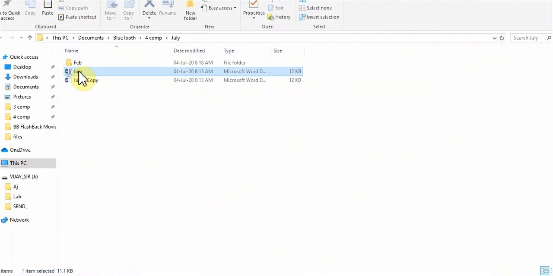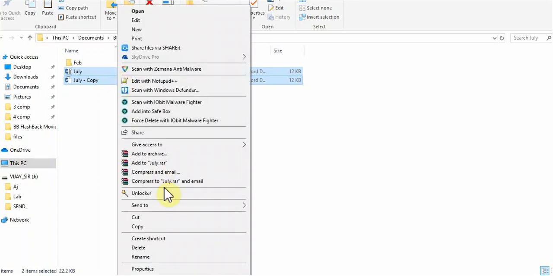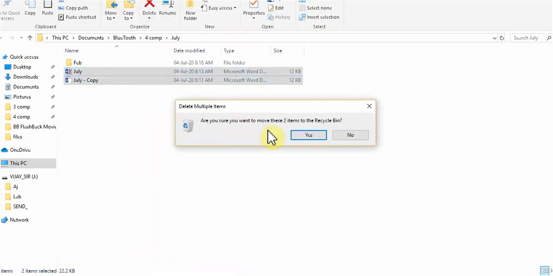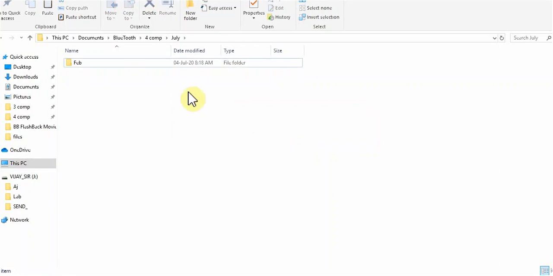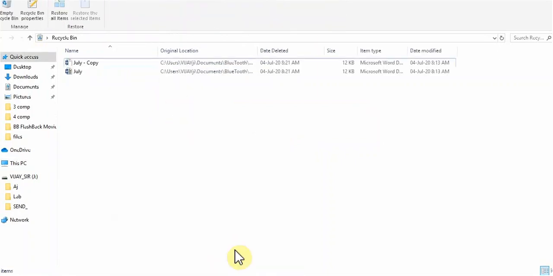Let me select this file and this file. I have selected both the files and click on delete. You can see it is asking to delete two items. I will click yes. You can see the files are not here. So let me go ahead and check the recycle bin.